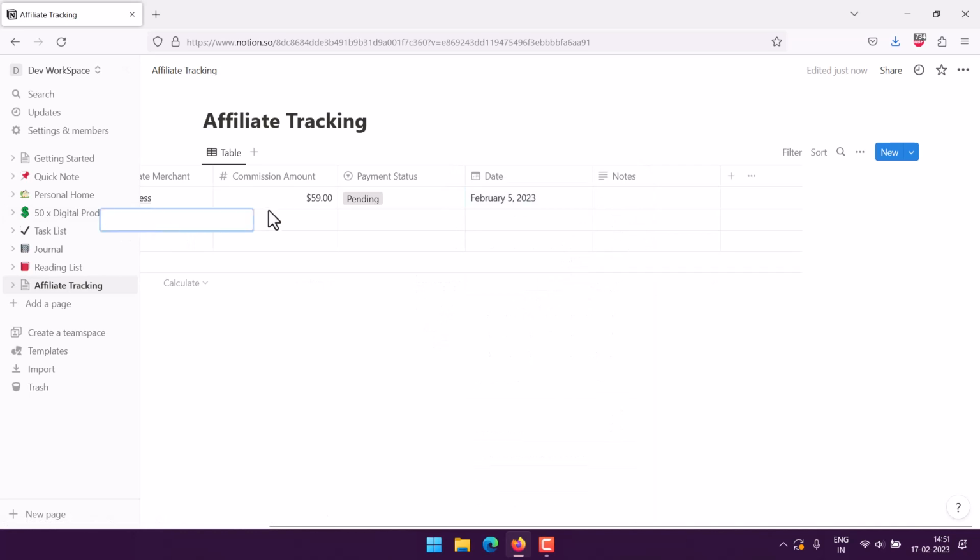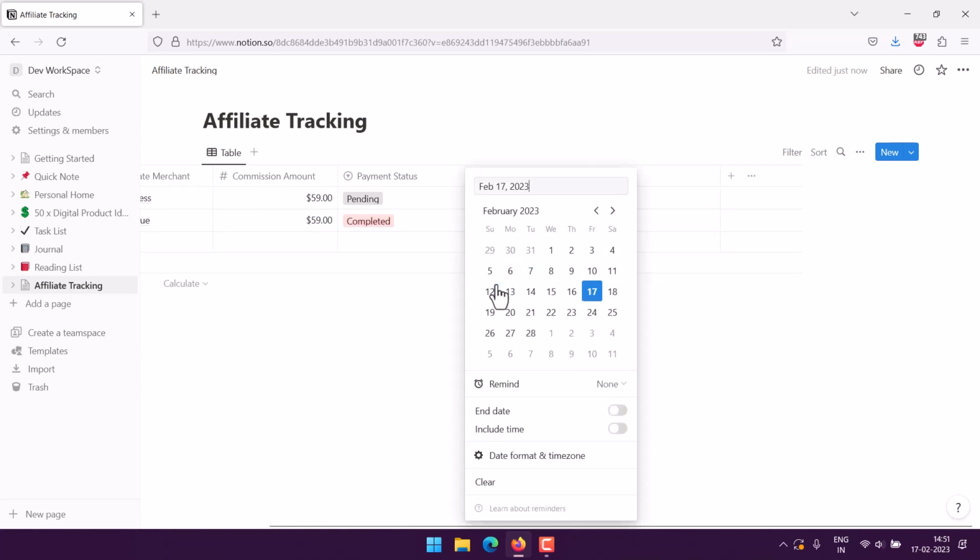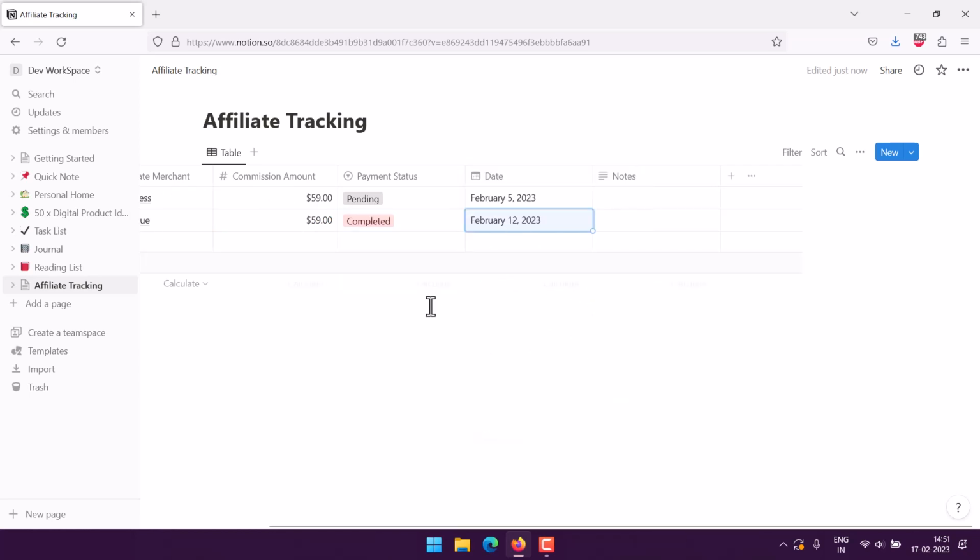Like this, I can add another merchant which is, let's say, Sendinblue, right? Then commission amount 59 again, right? Then here I got paid, so I will use completed. Then let's see, 12th of February is the date. Like this, I can pretty much create a tracker showing all the merchant transactions and the sales that I have